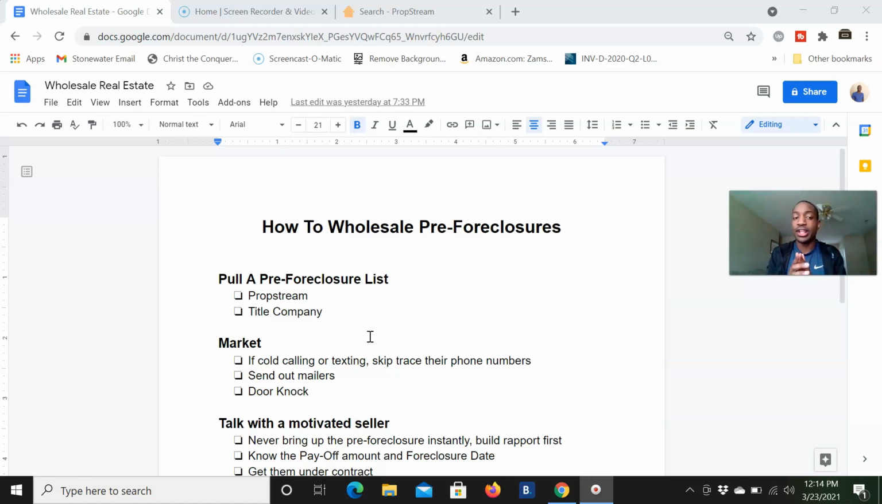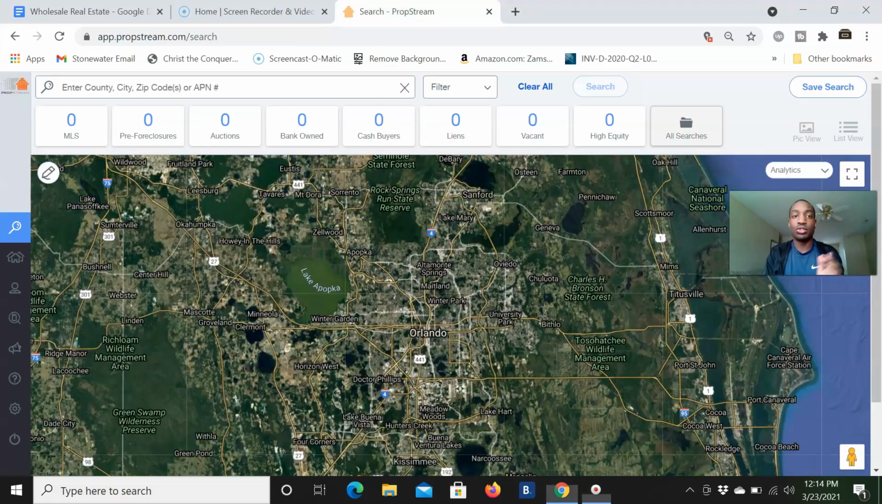The first way to pull it is through a software called PropStream. If you all follow my videos, I talk about PropStream. It's a software where you can pull different lists